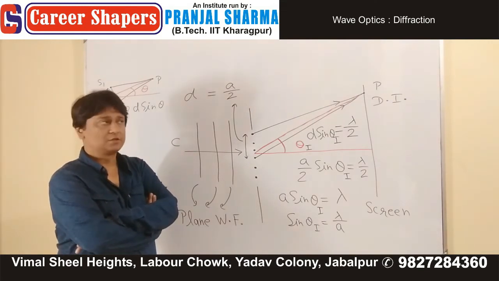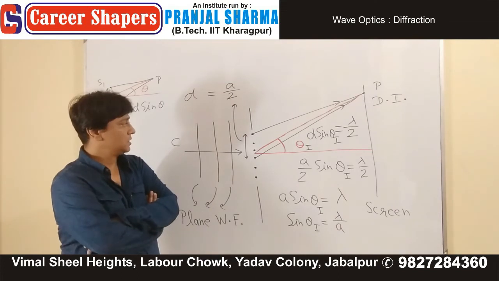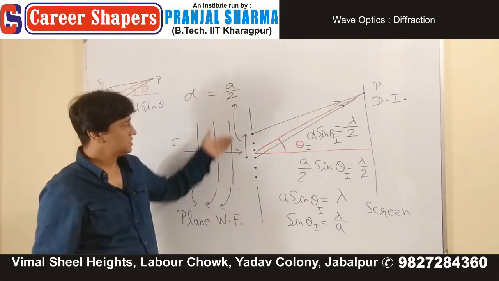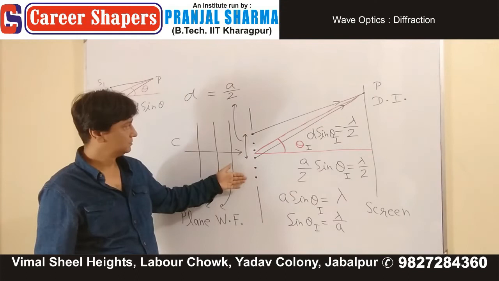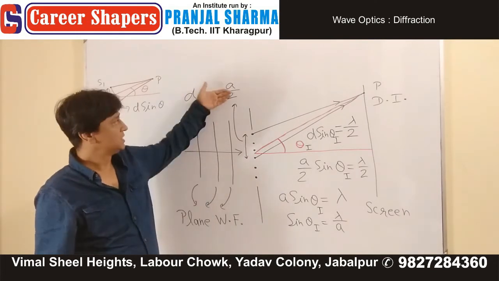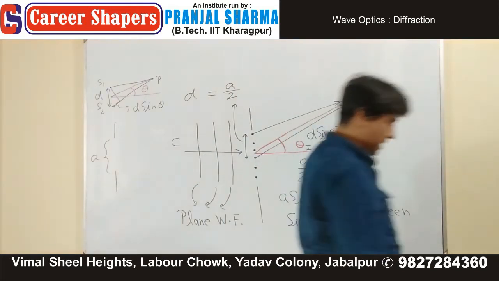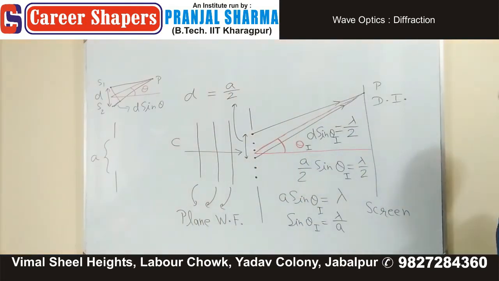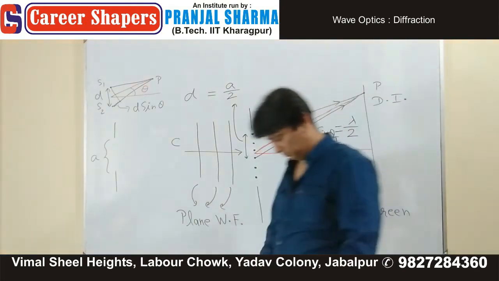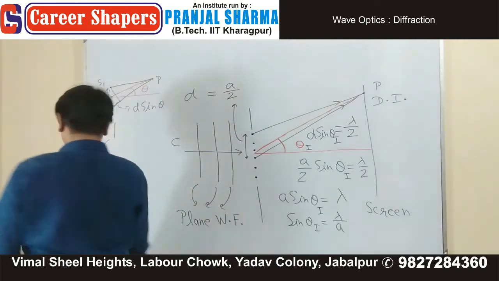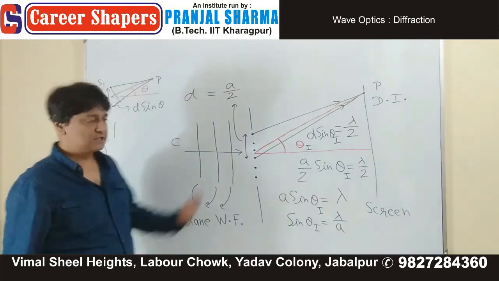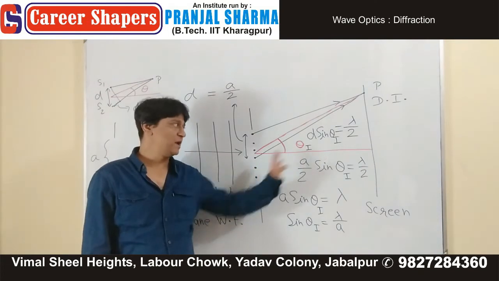Now since the slit size, inside bracket A, is very small and the distance of the screen is very large,